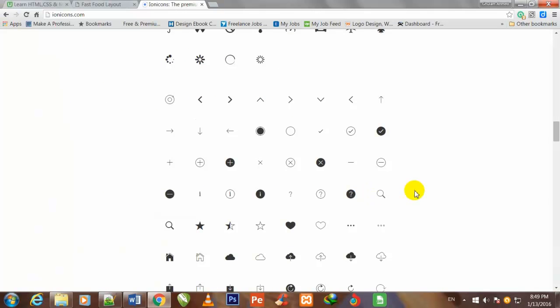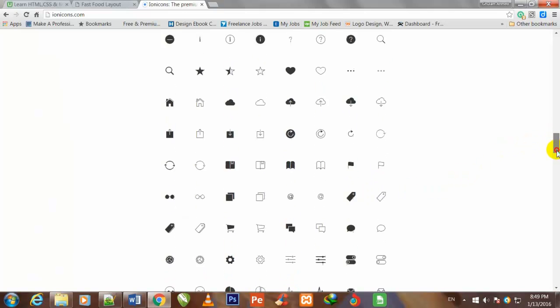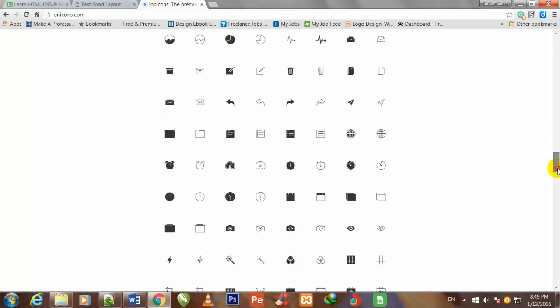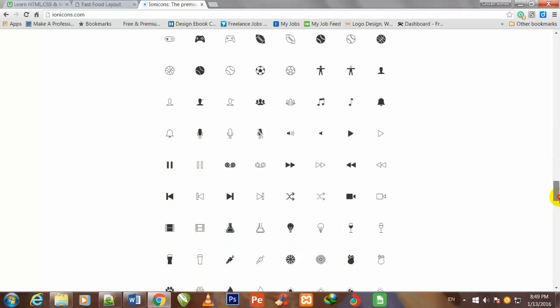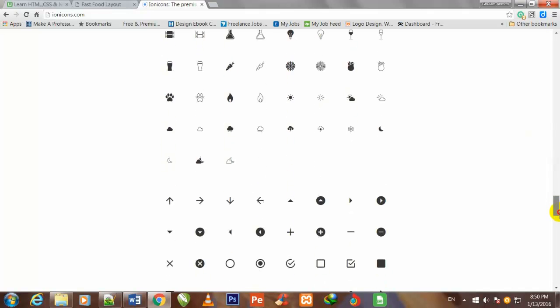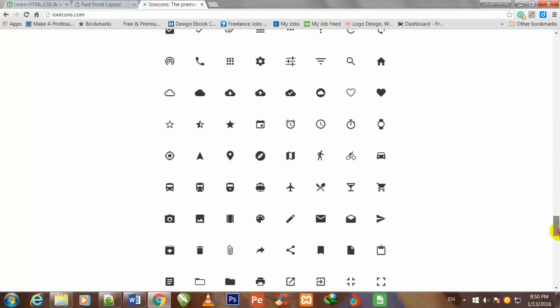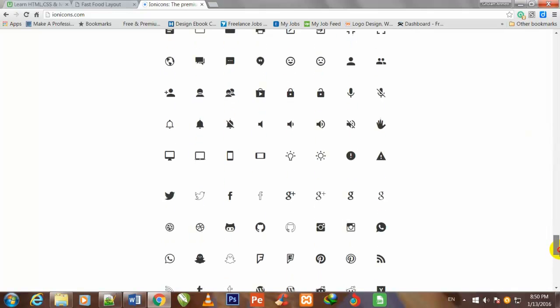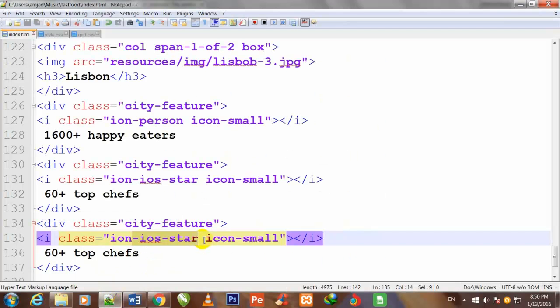So friend, I once again go back to this site and select one more icon. So this bird icon, the Twitter icon, will be more suitable. So I will paste that icon here.